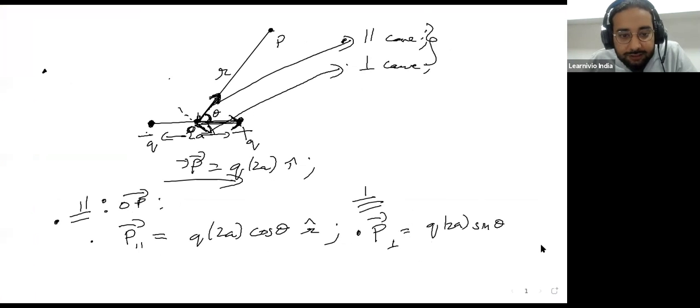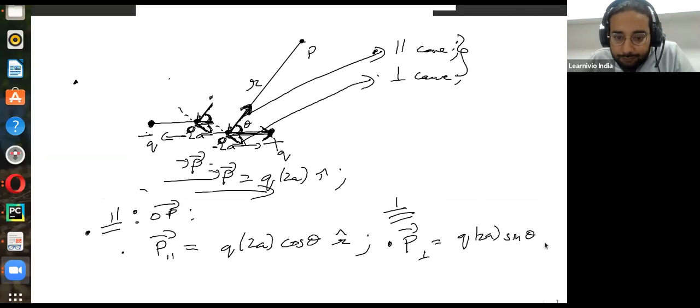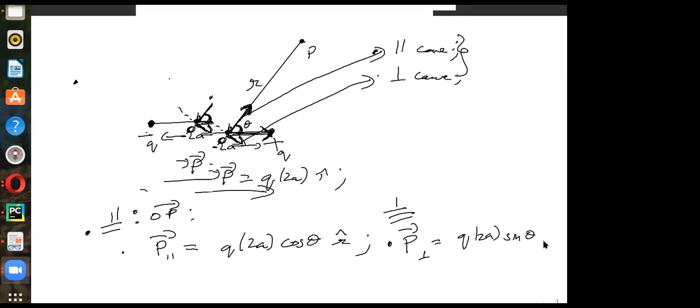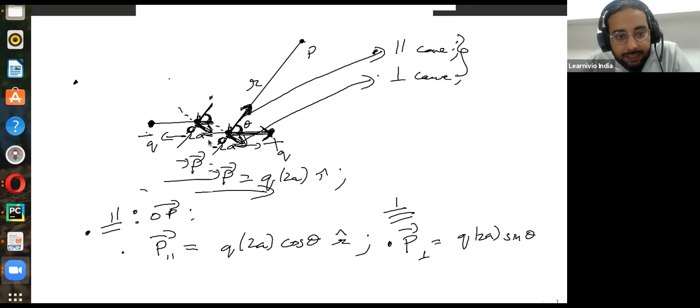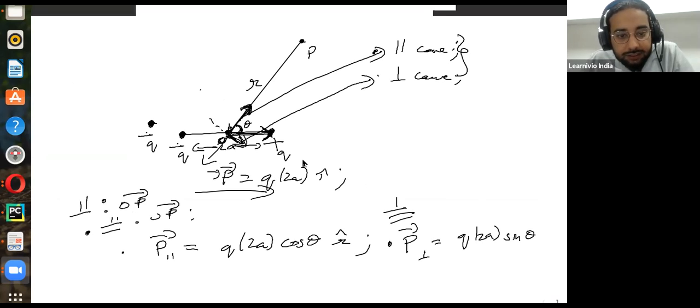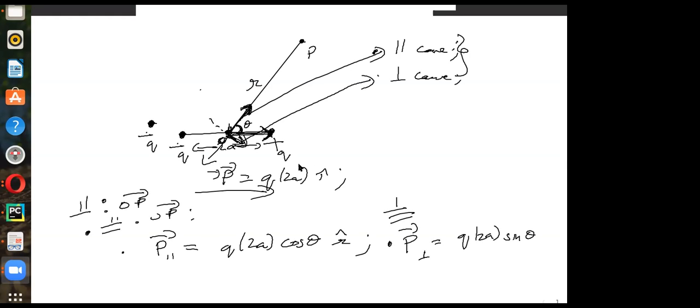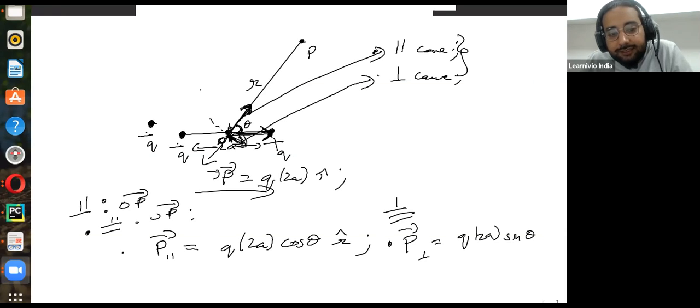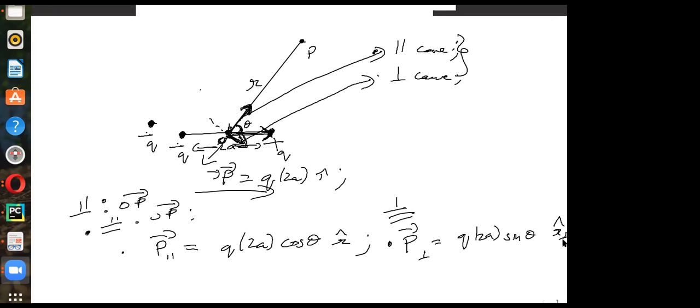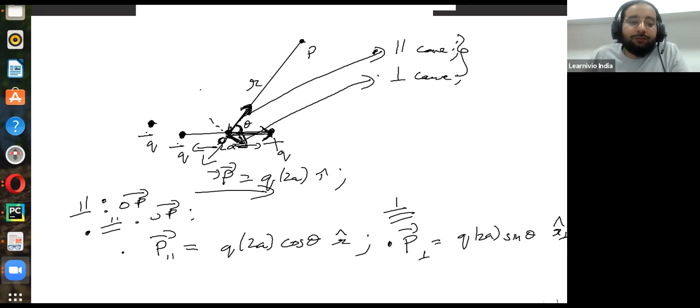So what direction is this? Sir, this will be in the direction of minus R. See, minus R will be in this direction. Correct? It's just the direction perpendicular to the R direction, correct? So let's just call it some R perpendicular. Who cares? What's in the name? We know what the direction is. Keep it in our minds.